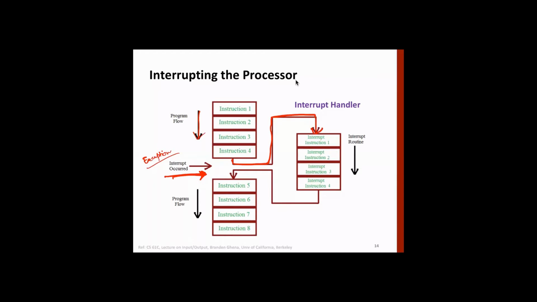Now this interrupt will give some information. What is it about? What kind of interrupt is it? Who is causing the interrupt and what does it want? And all this information will come along with the interrupt. And that interrupt information will pass on to the interrupt handler, which will execute whatever is the demand of that interrupt. So maybe if it's a data transfer from disk, that transfer will happen, and after that it's over, again the CPU will start execution from the next instruction onwards, like this one.